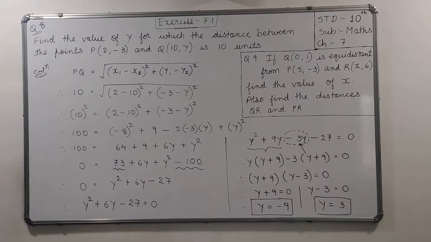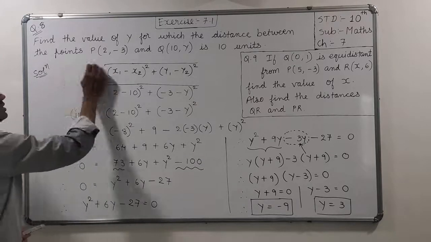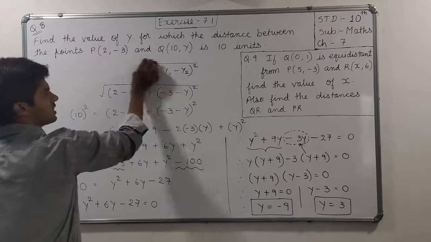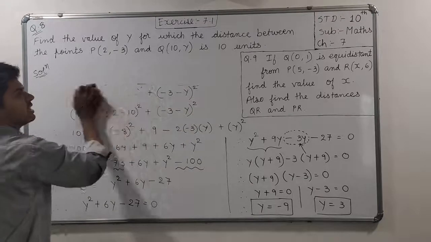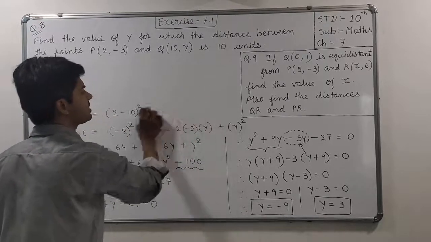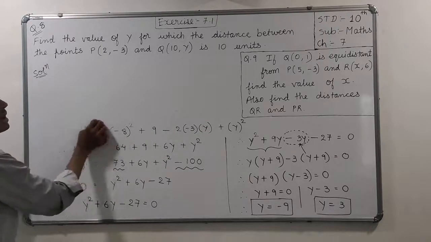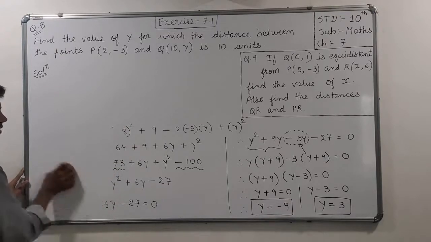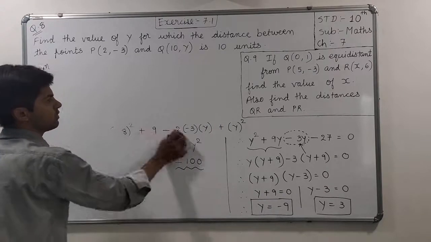Okay, completed. Now let us start our solution of 9th. Meanwhile we also read the question. Question भी हम पढ़ लेते हैं और बोर्ड भी रब करते थे। क्या लिखा? If Q (0, 1) is equidistant from P (5, -3) and R (x, 6), it means जो Q वाला पॉइंट जो है (0, 1) वो इक्विडिस्टेंट है। कौन से दो पॉइंट से? P and R से, ओके।